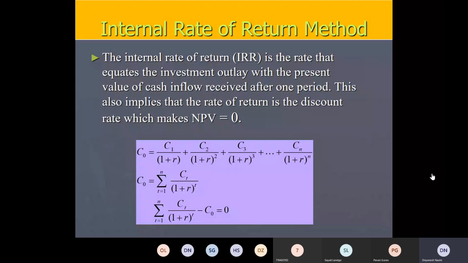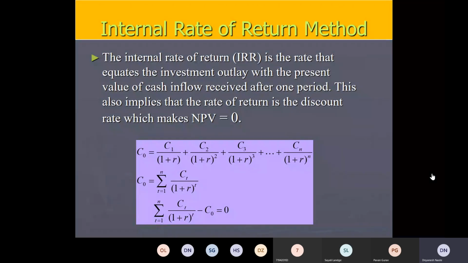So today we'll see the remaining methods quickly, and some of you are still facing some issues with the assignment, so we'll address that. We already discussed the payback method, that is the simple payback method, then discounted payback, and the net present value. I hope you have understood those methods.